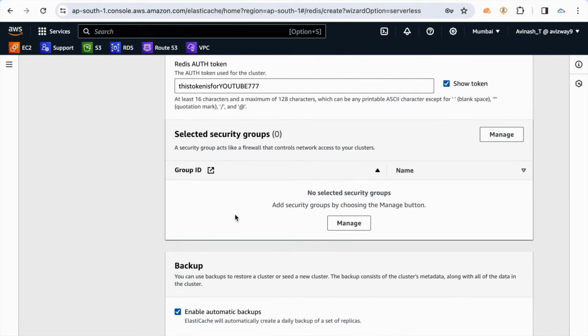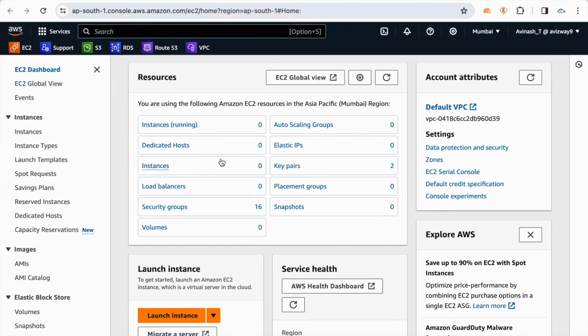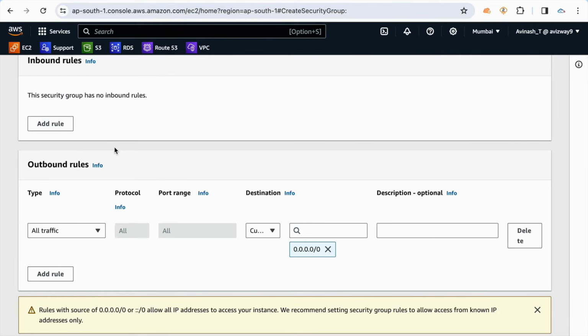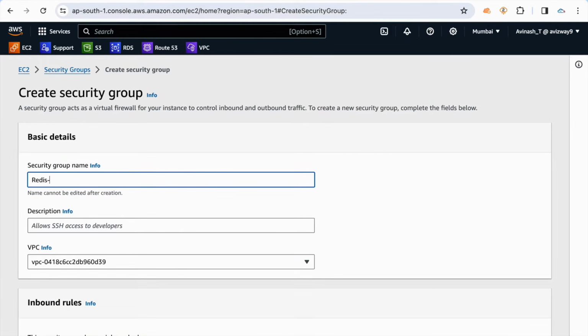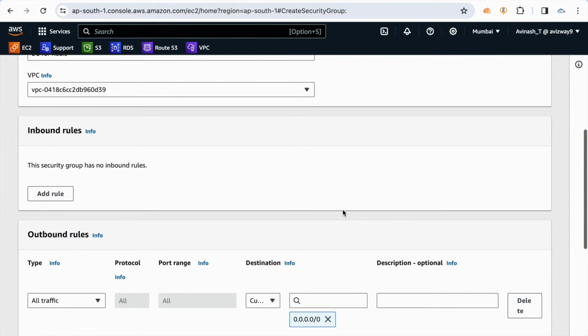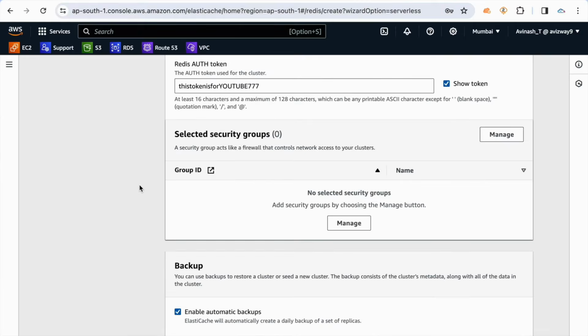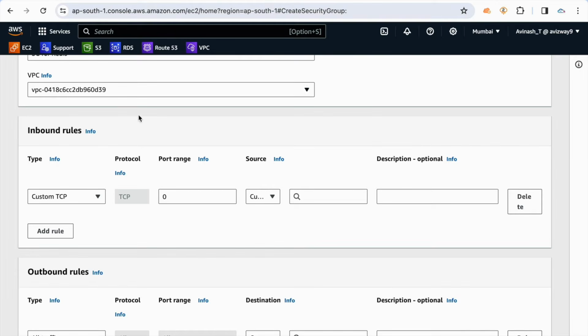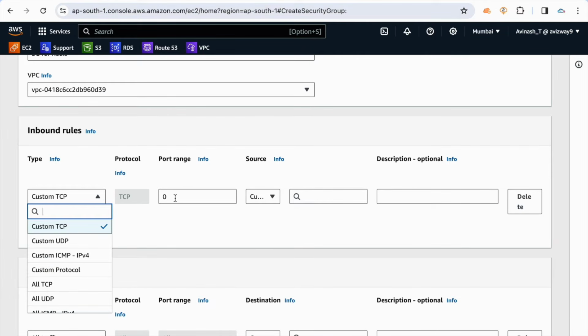So then, what security group do you want to associate with this Redis cluster? So let's create one security group. I'm going to call this Redis SG for Redis. Choose which VPC, and for the rule, as this Redis is running on 6379, you have to open that port number, right? Custom TCP